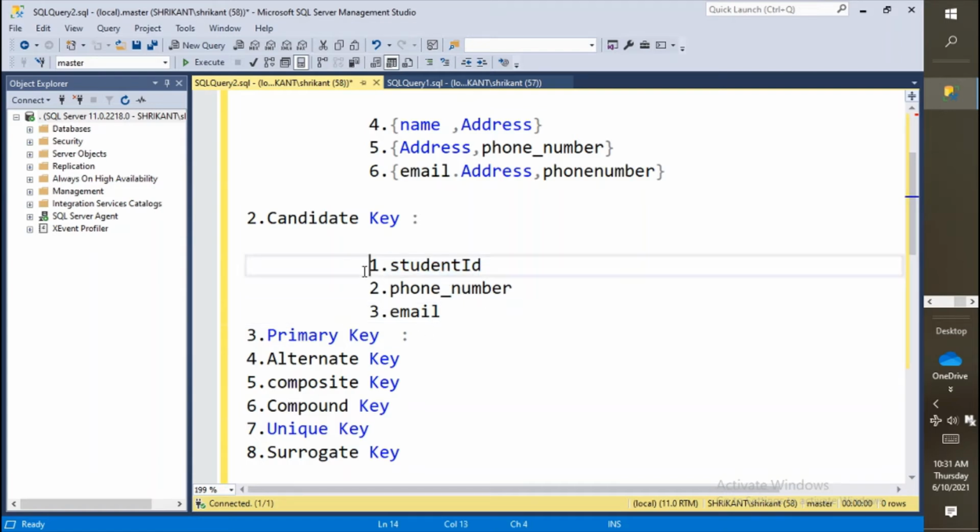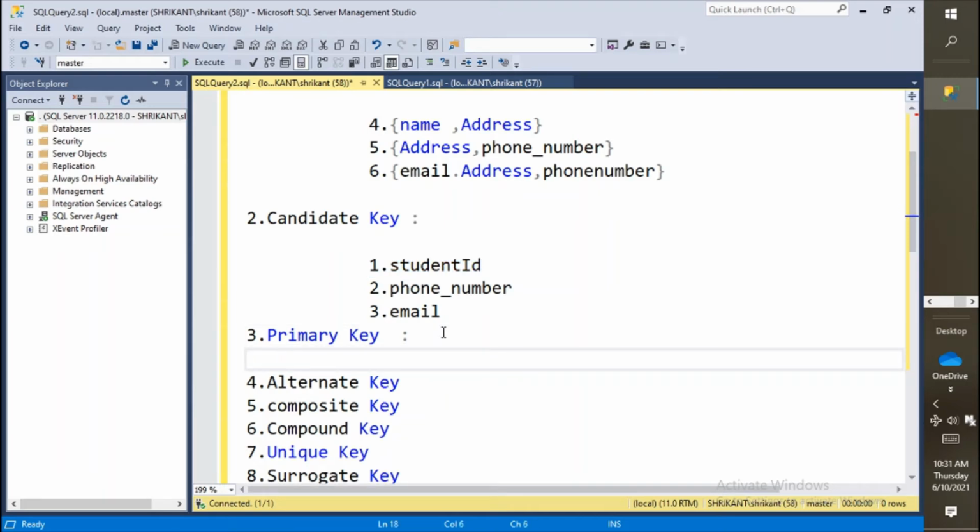It totally depends on us which key we use as a primary key. It's our choice. There is no specific rule, it's our choice, but there are a few limitations. Just try to understand. A primary key never supports null value in that column. Whatever column you use, that column will never support null value. So no null value, still there will be uniqueness. Great.